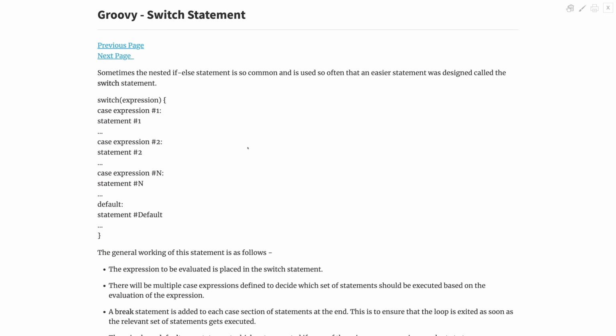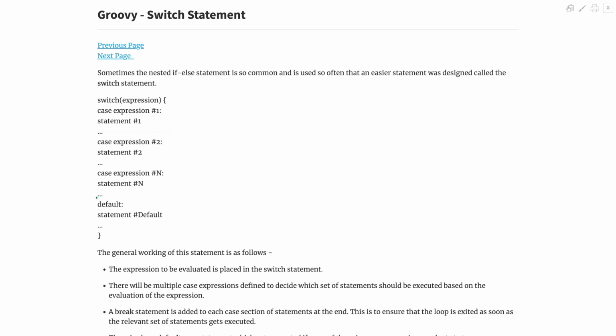This concept in decision making we're going to learn is a switch statement. A switch statement is pretty common as well, and it's found in pretty much all the programming languages. Syntax is pretty simple as well. You start with the switch keyword, you give an expression, start with the code block, and then you define a case by starting with the keyword case, and then you use this colon to actually finish that case condition, and then you run the statement.